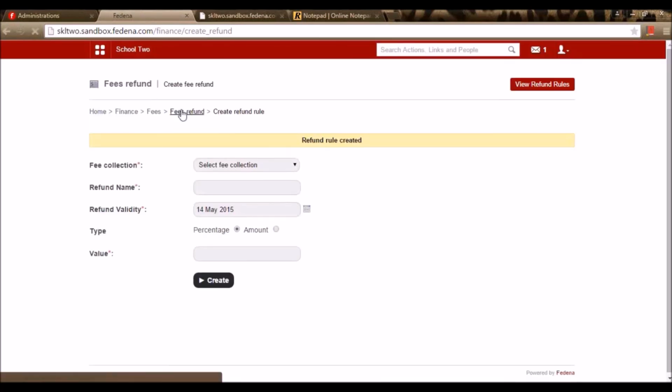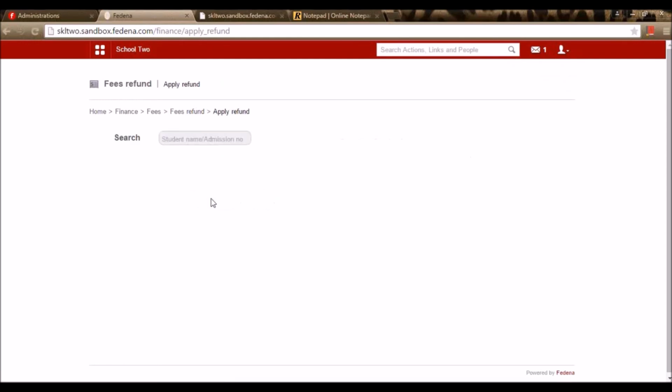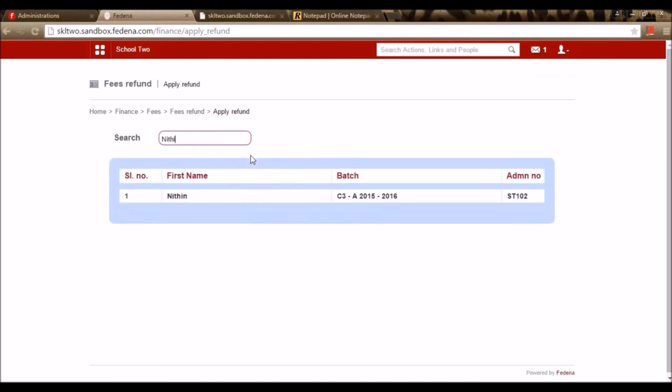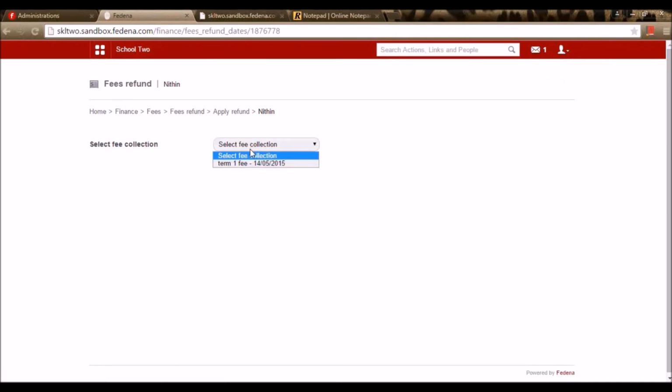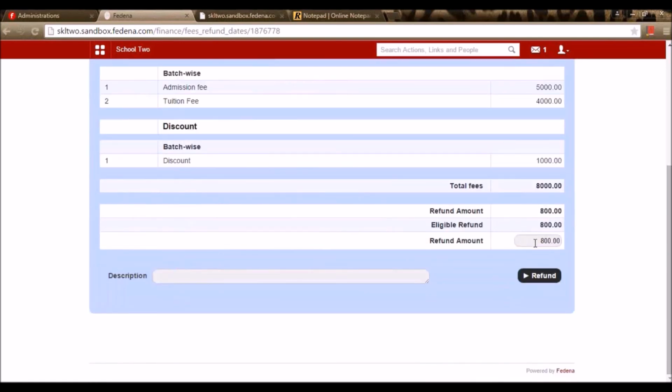Once the refund rule is created, I can apply the refund rule by going for apply refund. Here I need to enter the name of the student, so let me enter the name by searching for the student. Here for the student Nitin, who has paid the fee completely, we can select the fees collection and we can refund 10%, which is nothing but 800 rupees.